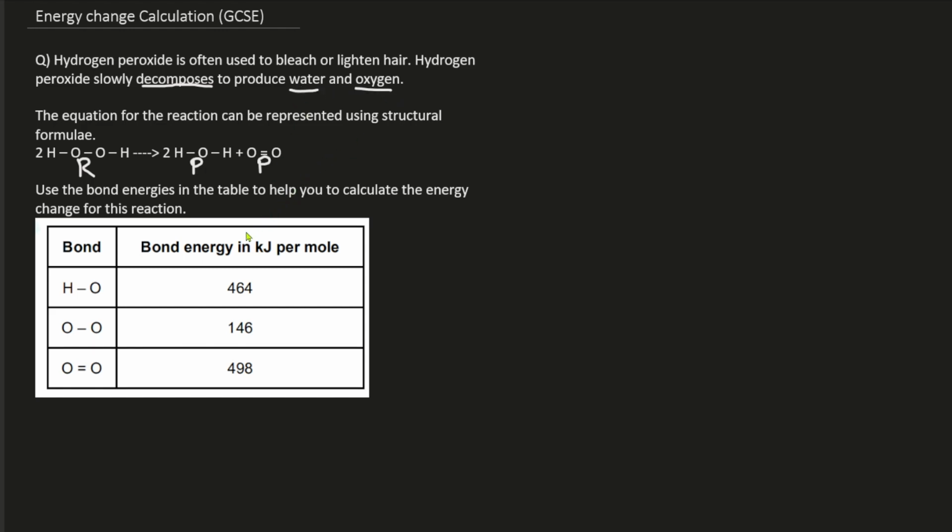Water and oxygen. Then you have to calculate the bond energy calculations, so you need to know the formula for this, which is the energy change. Energy change is always going to be the reactants take away the products. And if you've done work on exothermic and endothermic reactions, you would also know that when you have a reactant, the first part is to break all of these bonds, and then you form and rearrange those atoms to form new bonds,